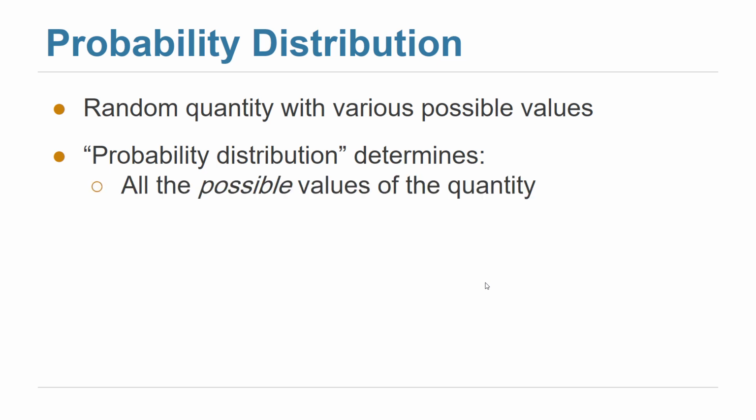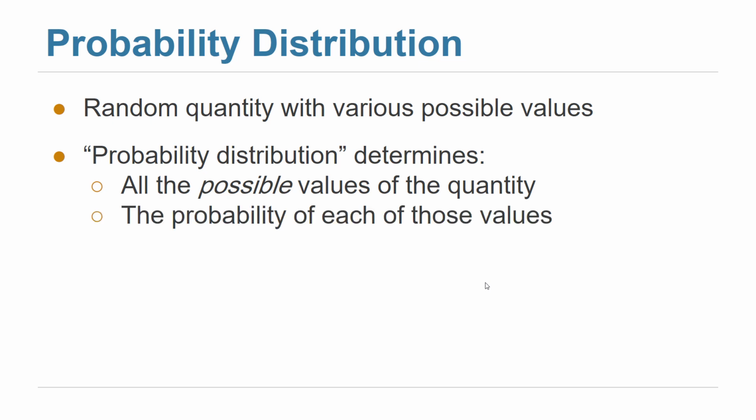First, what are the possible values of that quantity? And for each value, what is the probability for that value? Okay, and for example,